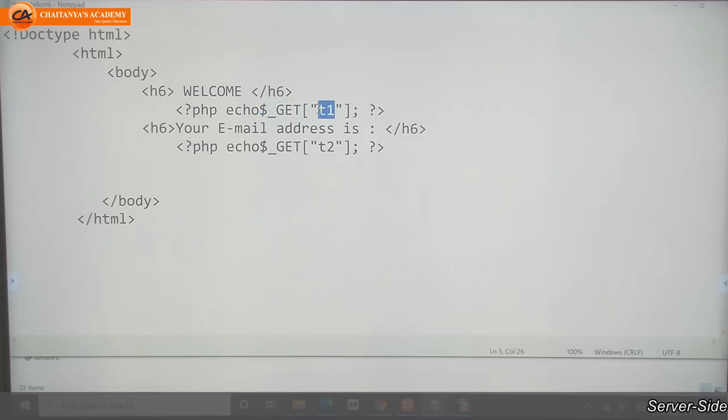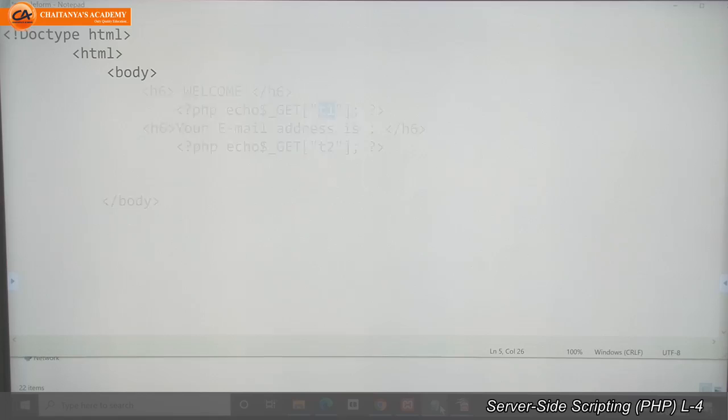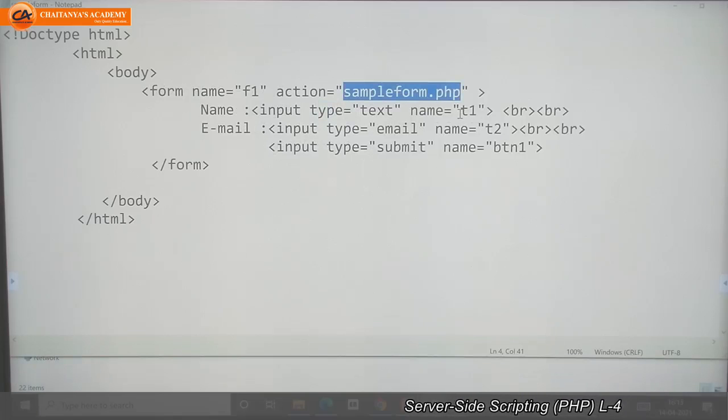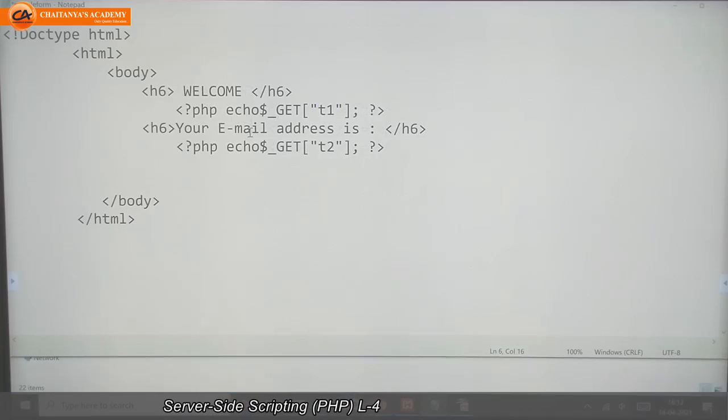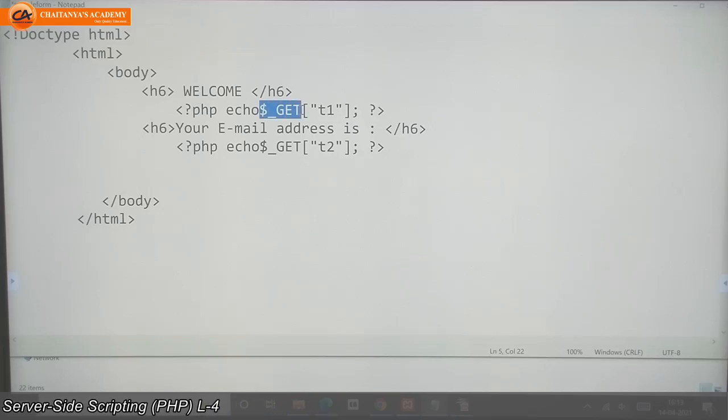The values you pass in the input elements, and the names of those input elements are: first name is T1, second name is T2. So you will write PHP echo, the super global variable, and here the name of the input element, T1. Next, for your email address, again the next line of PHP code, for T2.